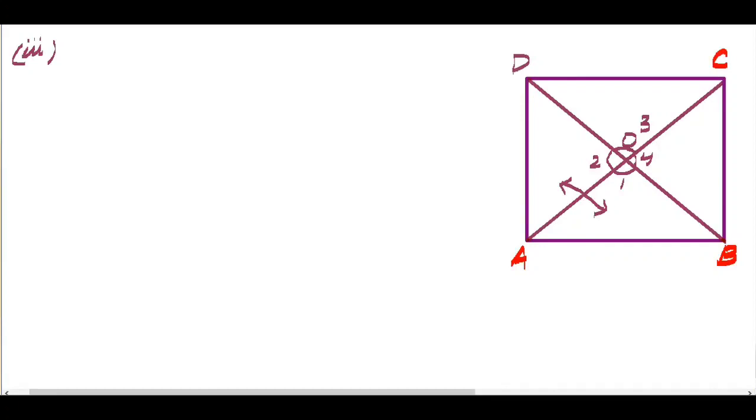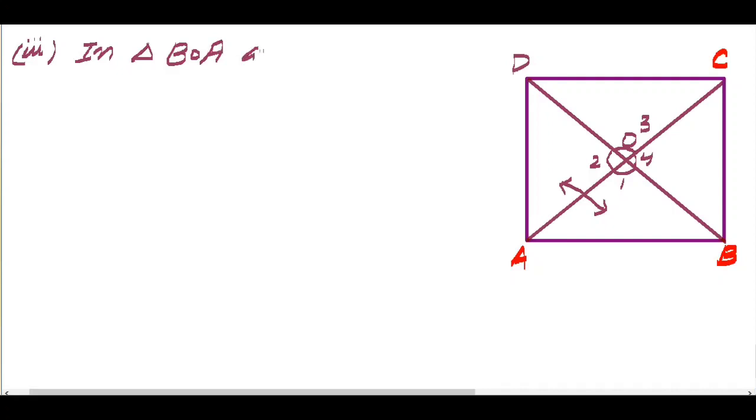Then angle 1 will be equal to angle 2 by CPCT, but angle 1 plus angle 2 will be equal to 180. You know about the LPA, the linear pair axiom. That means on a straight line, the sum of any two angles is obviously 180. So in that way, I can prove angle 1 is equal to angle 2 is equal to 90 degrees. So in that case, in triangle BOA